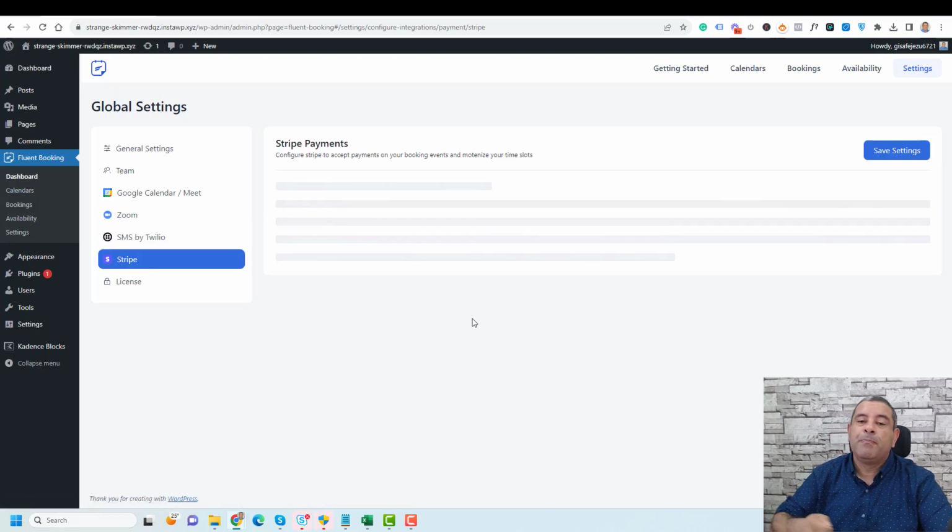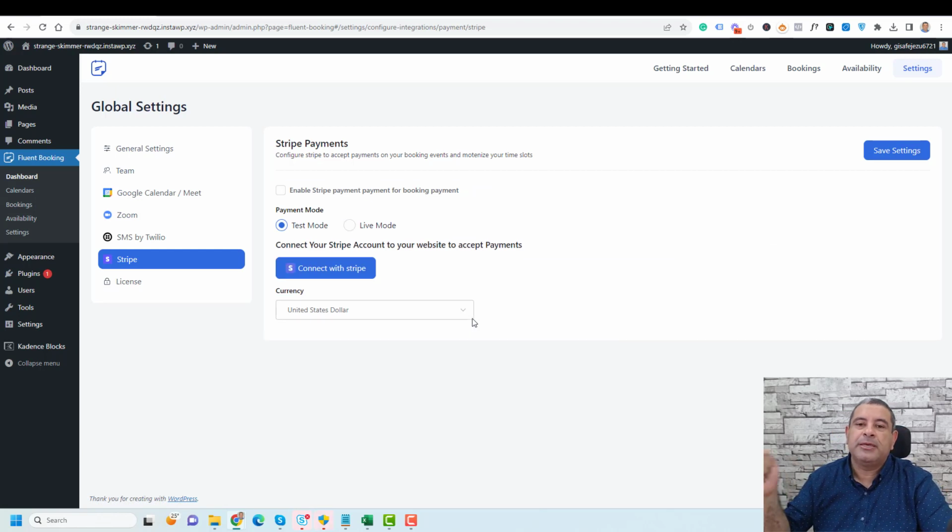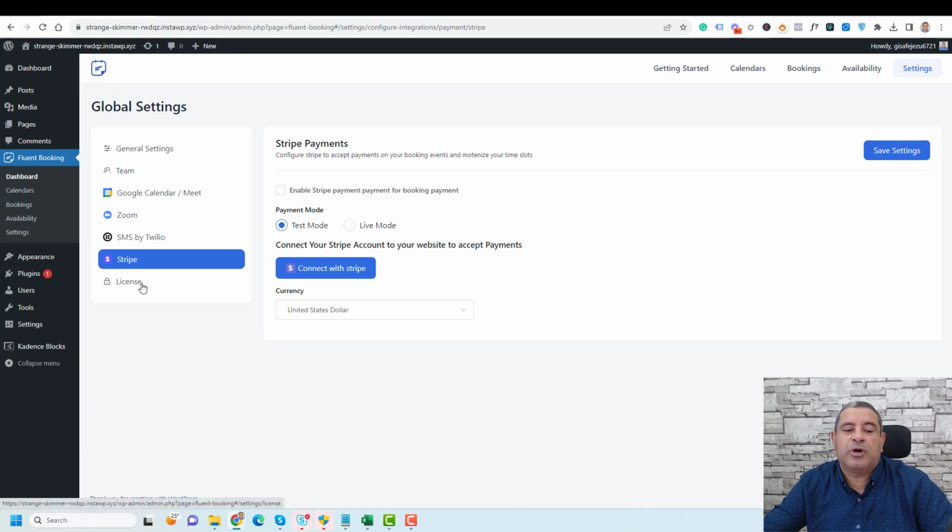If you like to ask for payment during the booking procedure, you can just connect your Stripe here. Of course, you need to add your license key inside this tab. Now, once you do this, you are ready to add a new calendar, and you can add a new